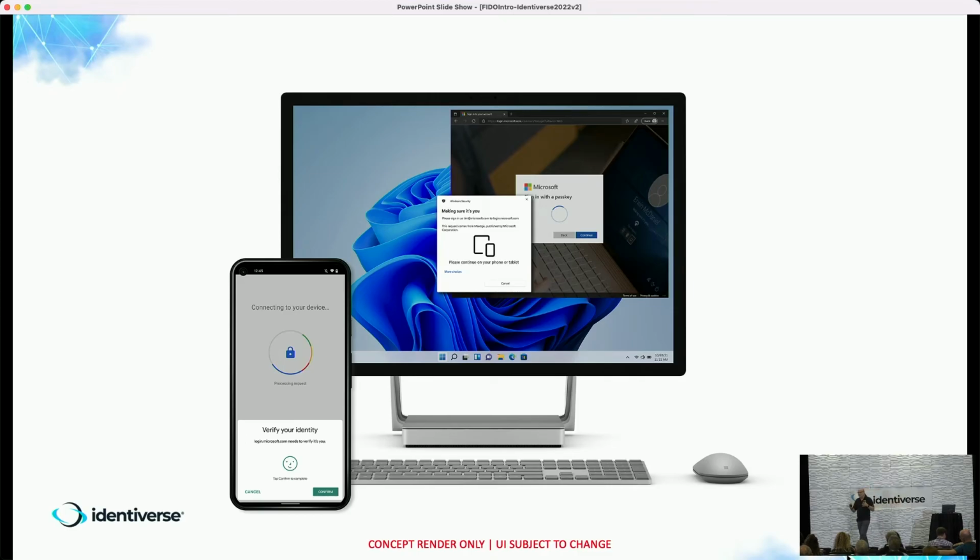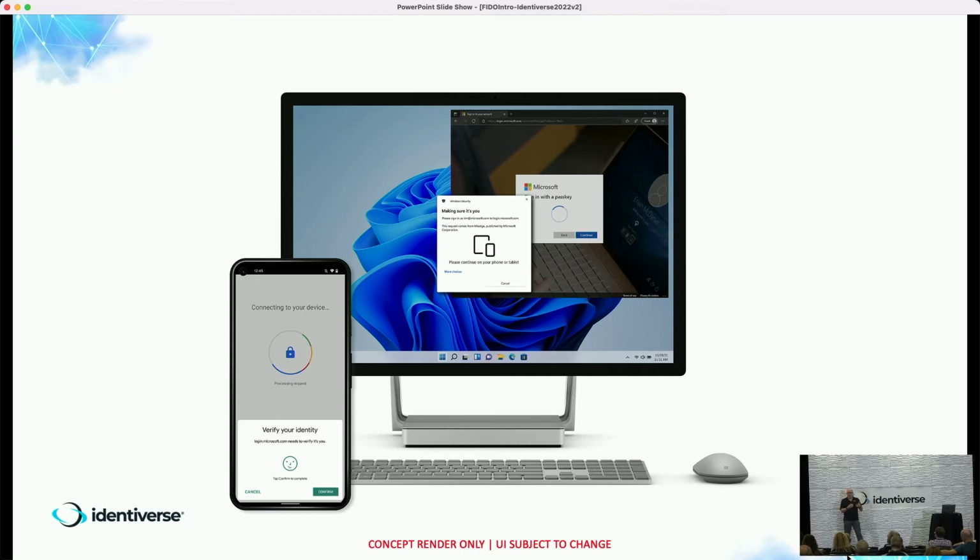But the main benefit of it, or there are two main benefits. One is that those passkeys can now synchronize across devices, so that when I've registered on my laptop, say, I connect on my MacBook and I create a key pair.